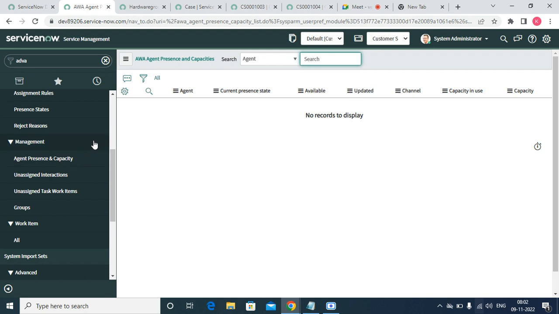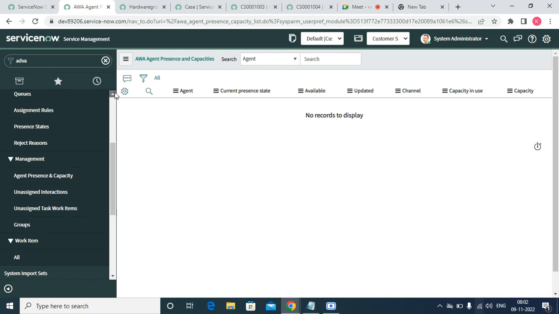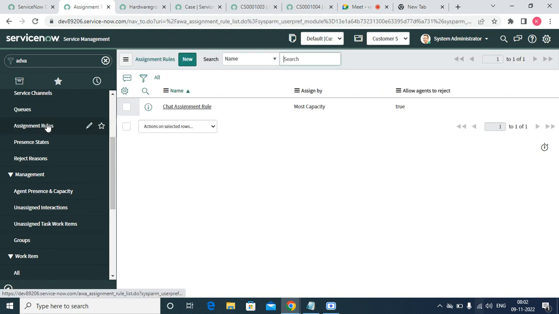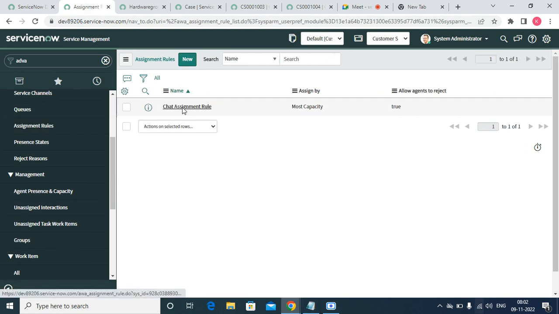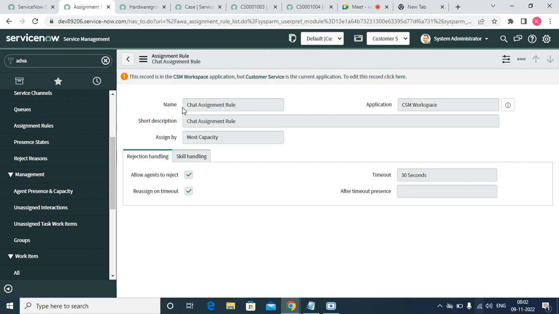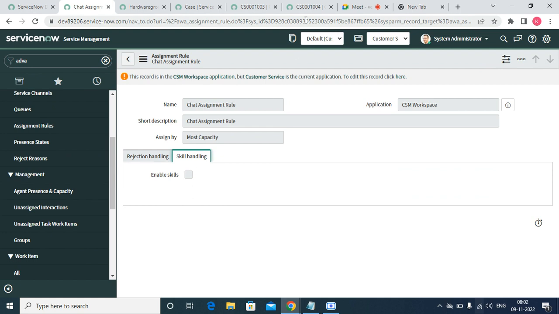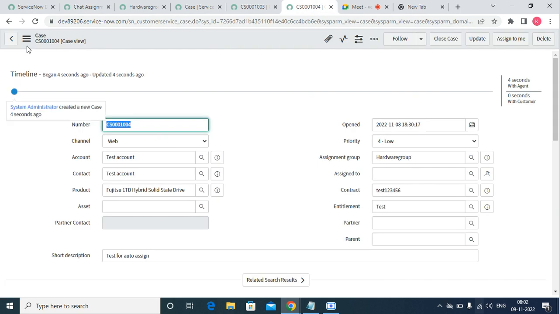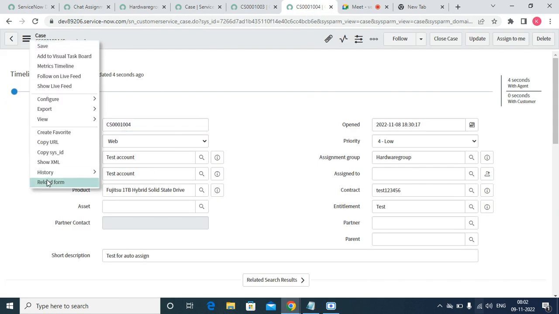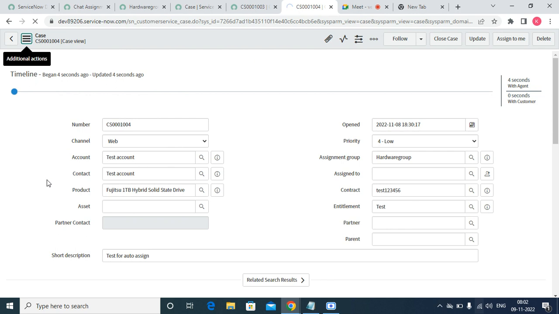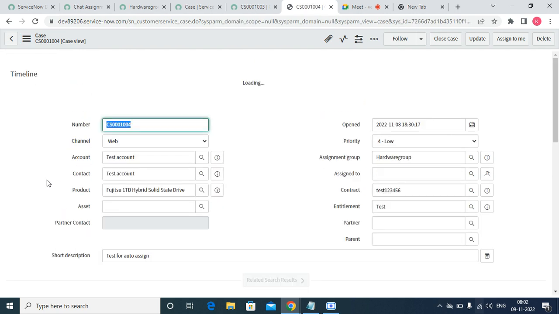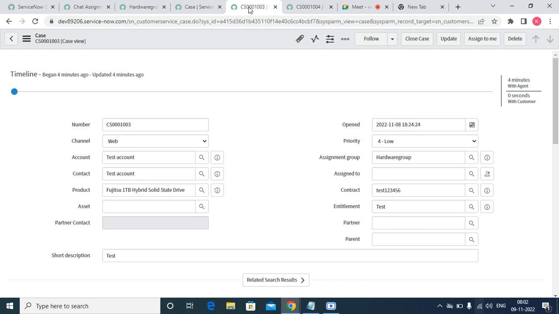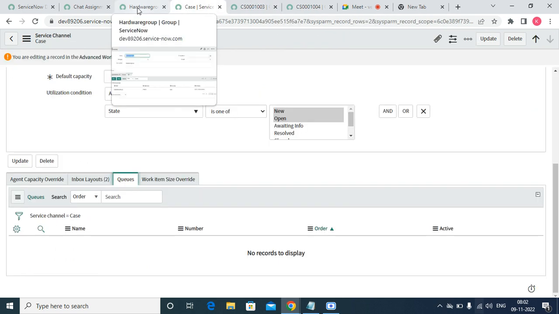Okay, I think the agent is not present. So, assignment rules: allow agents of timeout, share some workspace. Let's check this one. I think we need to add this to auto assign. What is the table